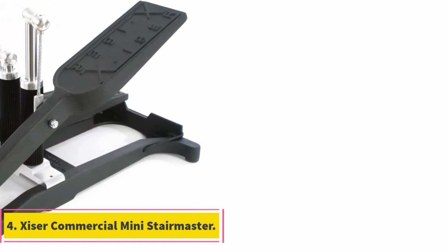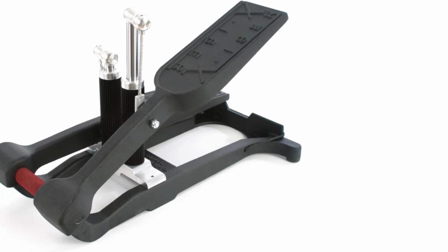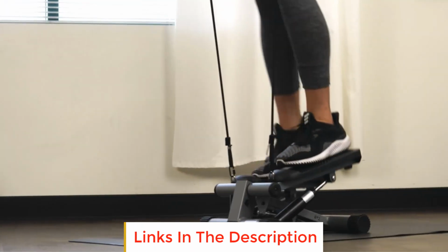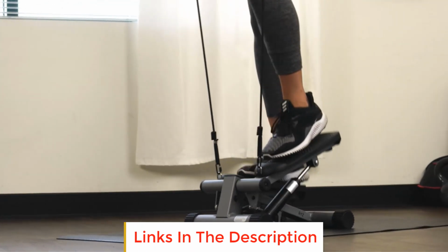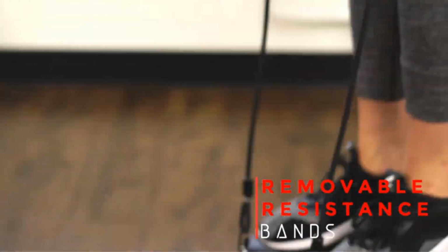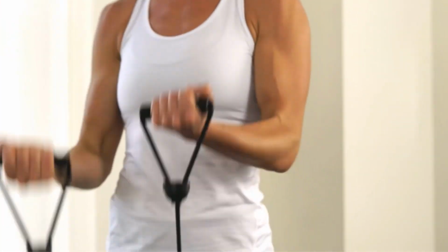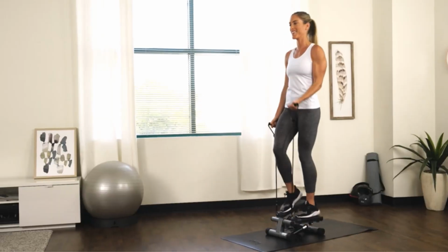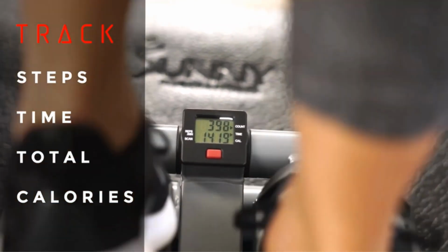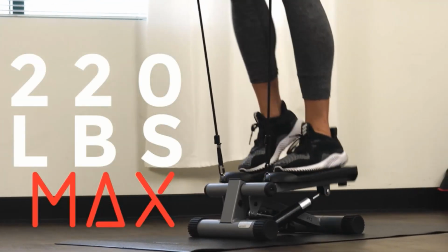The Xiser Commercial Mini Stairmaster is a top-notch fitness equipment known for its exceptional features and design. Crafted from cast aircraft alloy, this stair stepper boasts durability and reliability, ensuring a long-lasting workout companion. The ergonomically optimum design enhances the user experience, providing a comfortable and effective exercise session. One of its standout features is its lightweight nature, weighing only 14 pounds, making it highly portable and convenient for